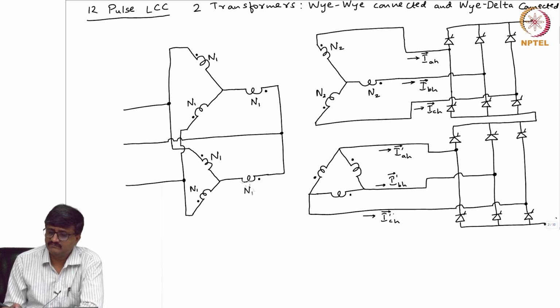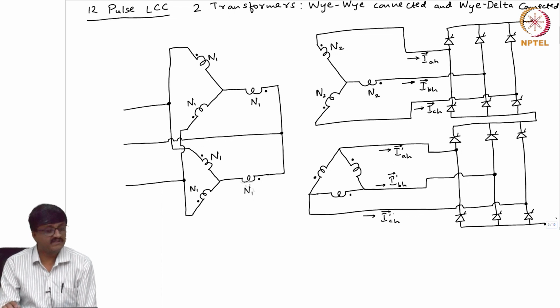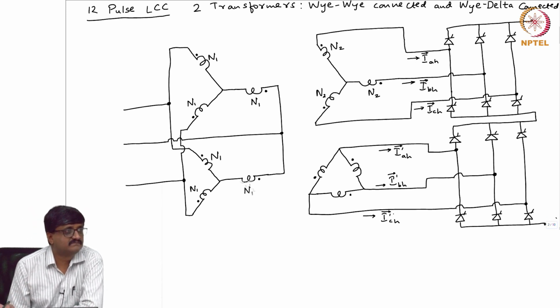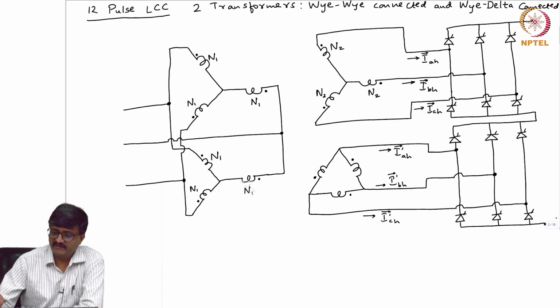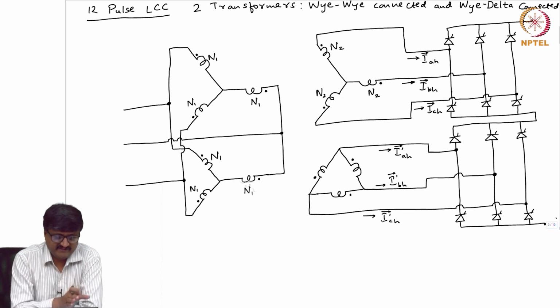Now, there are a few more things that are left out here. I did not say what is the number of turns in the delta side winding. What should be the number of turns? Root 3 into N2? Yeah, the line to line voltage which is applied to the AC side terminals of the 6 pulse LCCs for both should be same. So, if I supply the primary winding with the same voltage, they are connected in parallel.